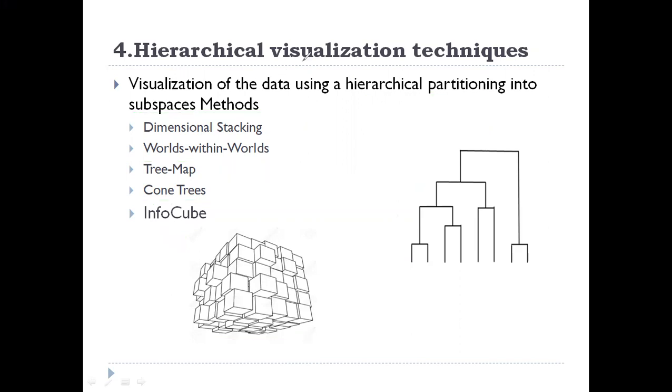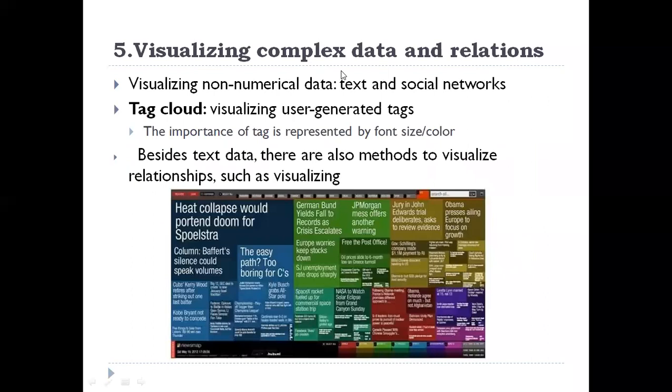And coming to the last one, it is visualizing complex data and relations. What is it? Visualizing complex data and relations. Here we are going to represent non-numerical data.